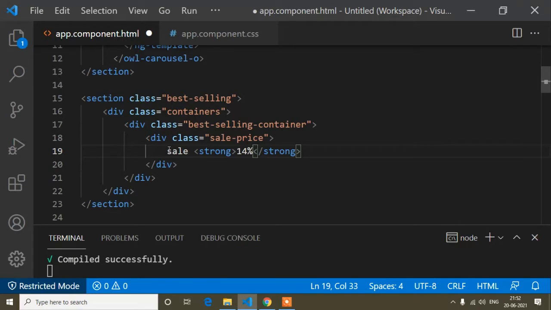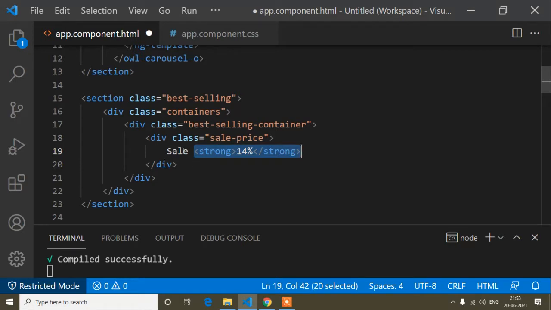This is for showing the discount. The strong tag is used for making text bold, and I want to make this 14% bolder, so I have added it inside the strong tag.